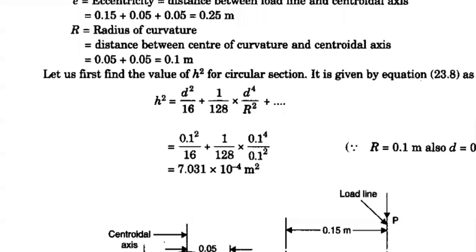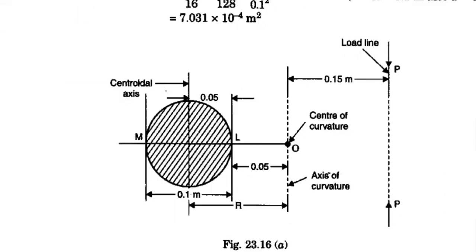Now please observe the remaining figure. Here, at the bottom of the line, he mentioned the figure. Anyway, here is the radius of curvature. How do you get the radius of curvature? Please observe: from the center of curvature, the O point, to the centroidal distance. That is very important. Observation is very important.